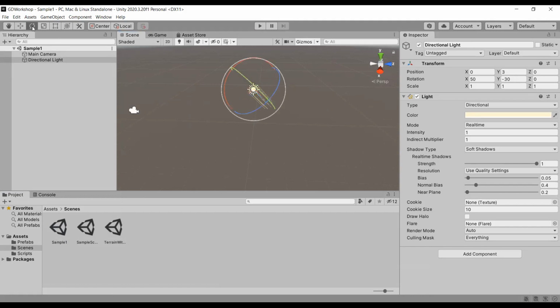Fun fact: on the top left there are a bunch of tools called the transform tools of the Unity game engine. Basically these tools are used to move, rotate and scale objects, and there is one to do all of these at once.